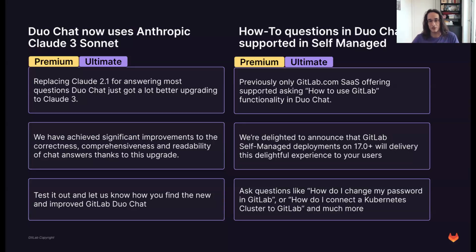And the other thing connected to that is that on GitLab.com, up until this point, you've been able to ask Duo Chat specific questions about GitLab, the product, right? Because with Duo Chat, you can ask it anything. On the surface, it's a generic large language model, so you can chat with it about anything technical or even non-technical. On GitLab.com, it was possible to ask about GitLab, like how do I publish a Docker image? Just making it up as I'm going here, like how do I build a CI/CD pipeline? This kind of stuff, so specific things about the product. Now this is available for self-managed customers as well.